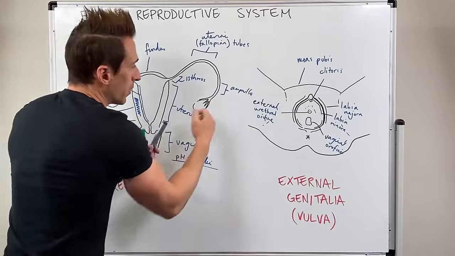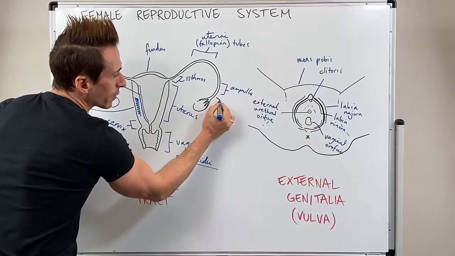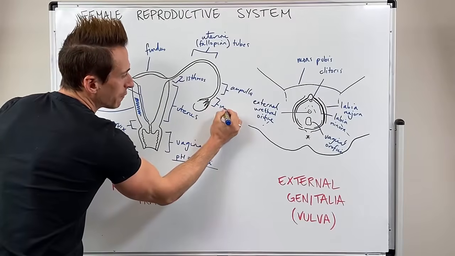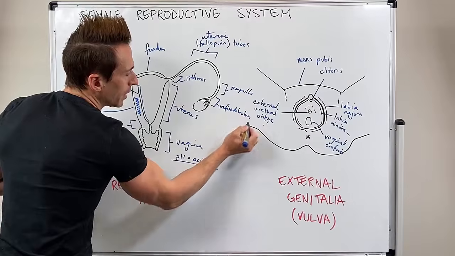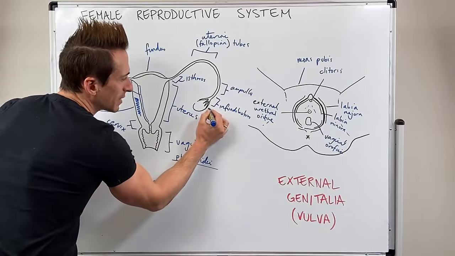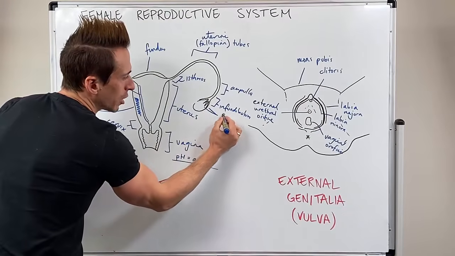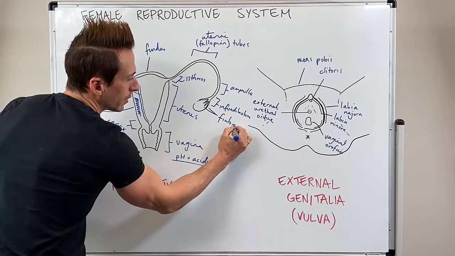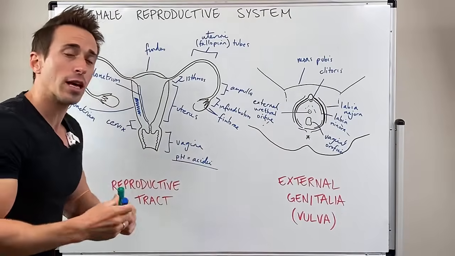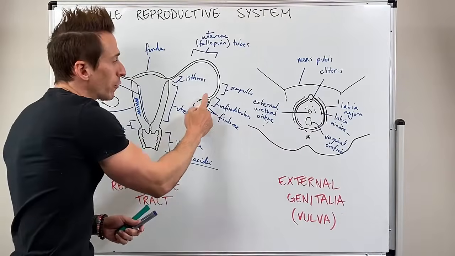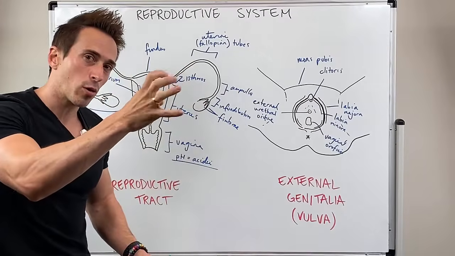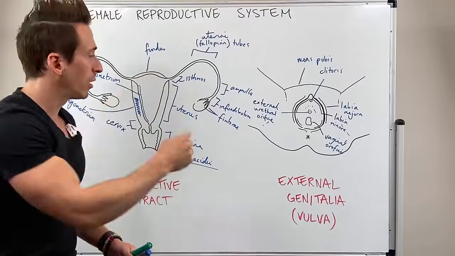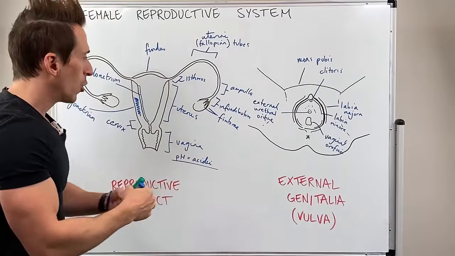Okay? So, the end of the fallopian tube is called the infundibulum. Infundibulum, nice name, which has these little fingertip-like projections called fimbriae. When it's time for ovulation, so for that egg to leave the ovary to go into the uterine tubes, these fimbriae swell and they play an important role in helping move that egg into the fallopian tubes,